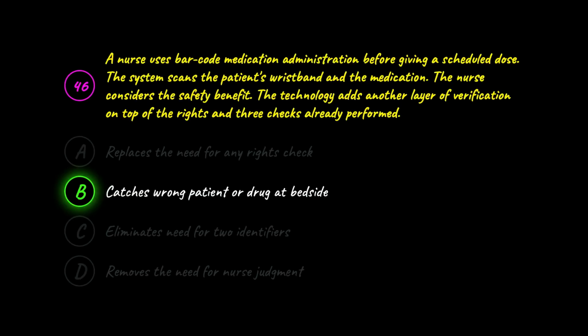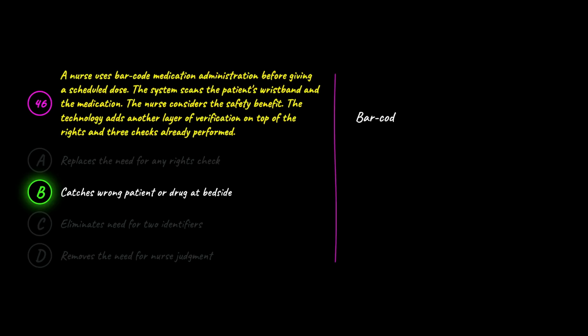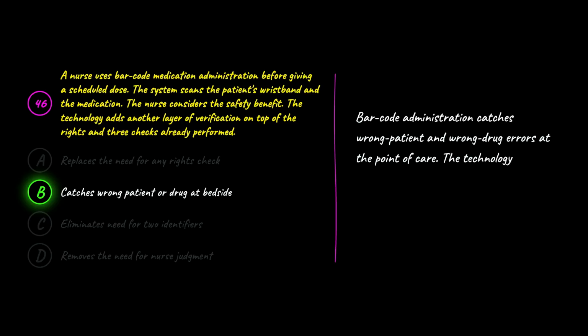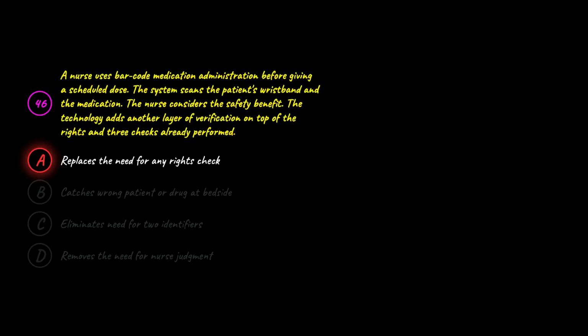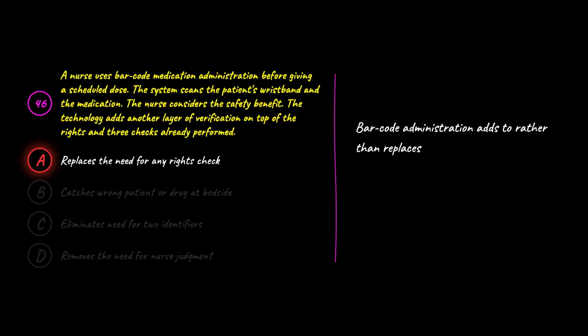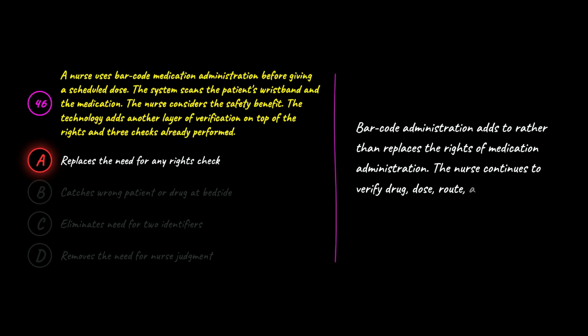The correct answer is B. Catches wrong patient or drug at bedside. B is correct because barcode administration catches wrong patient and wrong drug errors at the point of care. The technology serves as a final electronic verification layered on top of the nurse's manual checks and clinical judgment about each dose. A is wrong because barcode administration adds to rather than replaces the rights of medication administration. The nurse continues to verify drug, dosage, route, and time using clinical judgment, with the scanner serving as a backup